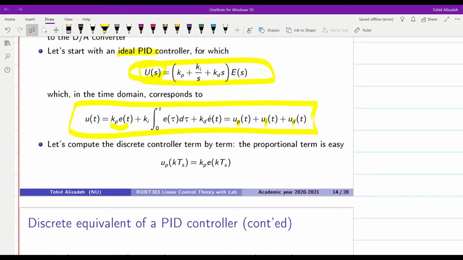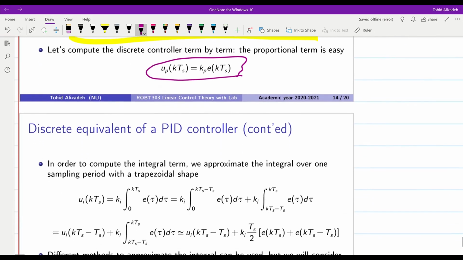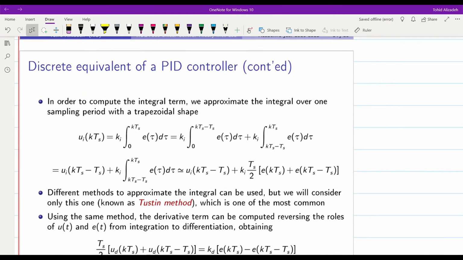Now we will compute the discrete control expression term by term. For the proportional one, it will be easy because we know that up(t) is equal to Kp times the error signal. So the discrete equivalent will be similar: up at k Ts will be equal to Kp times the error at the same time instance. Then, in order to compute the integral term,